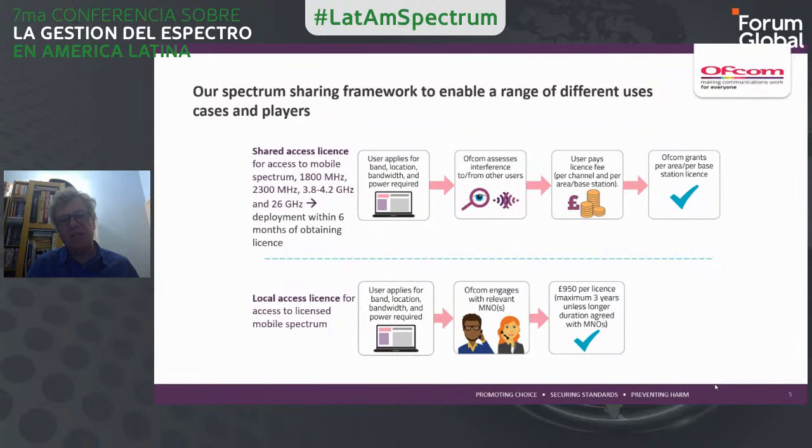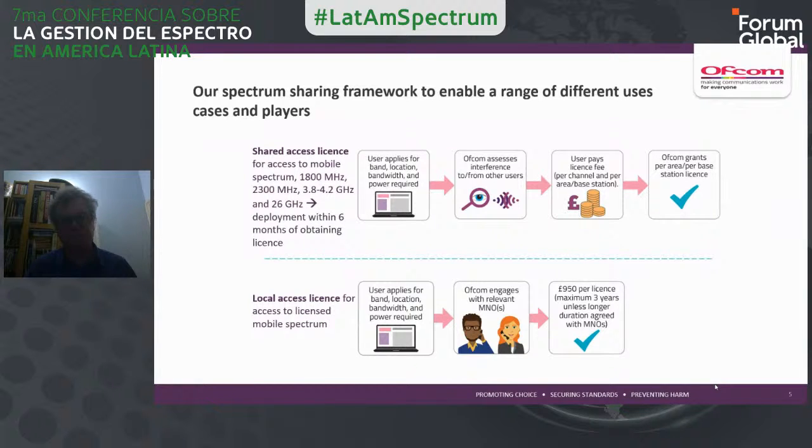So we will get applications in. We would assess those applications, looking at interference with both the incumbent users in the band and potentially with any other local access applications that we've got. And if we think that's okay and that works, we will then issue the license. There is a license fee, but that's relatively low. I mean, we're talking in the region of sort of hundreds of dollars for a license fee,